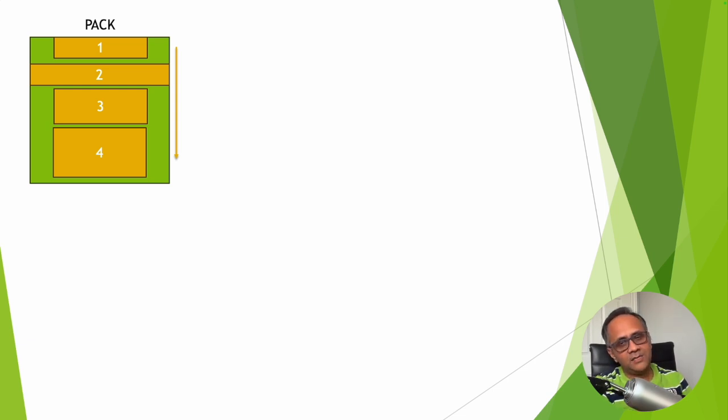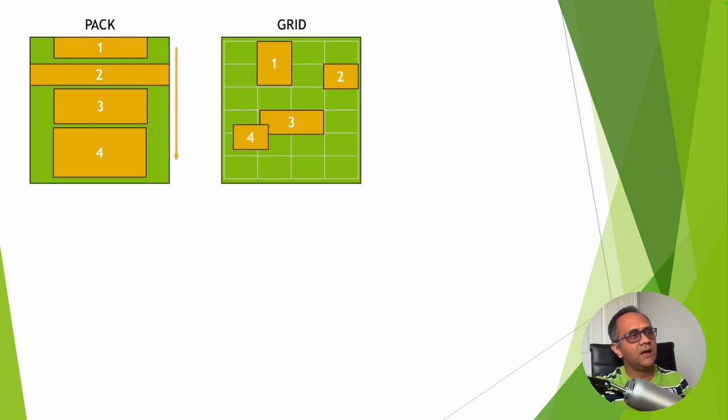And there you can mention whether it will be left or right. So this is basically pack: widgets are defined one after another. That's why it's a pack. Next layout is grid. Grid layout, if you remember in the last video where we developed a calculator, that